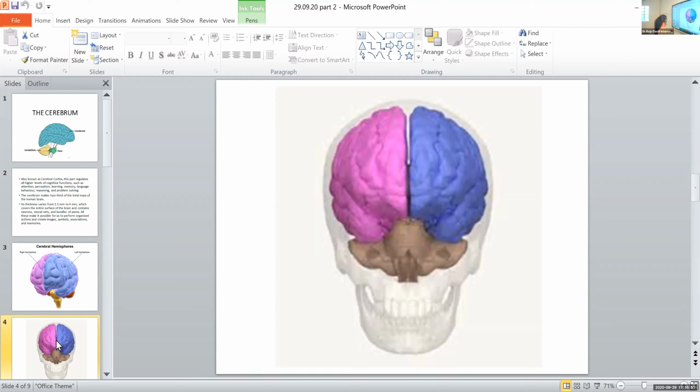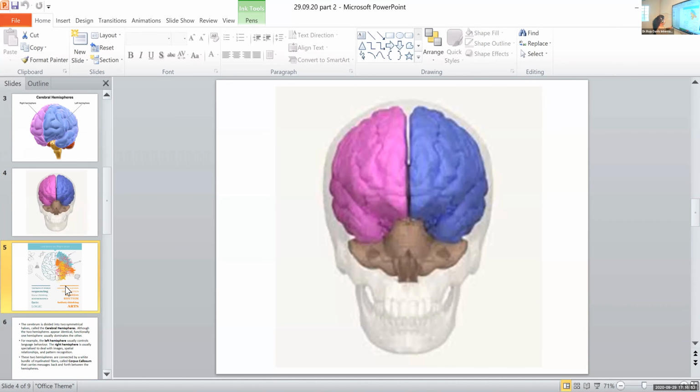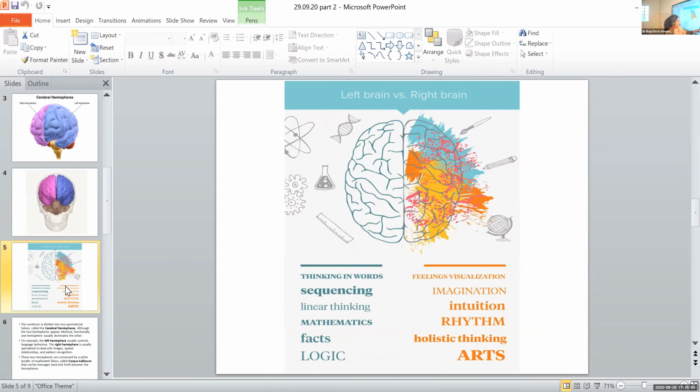Okay. And yes, you don't have to study this much, but you have the left brain and right brain dominance thing, right? If the left brain is dominant, then you're very good in mathematics, the language things, science, and